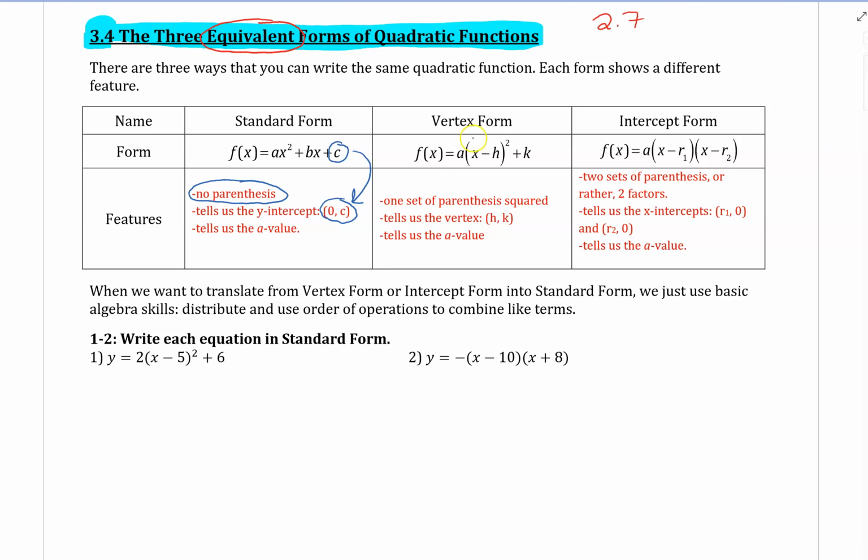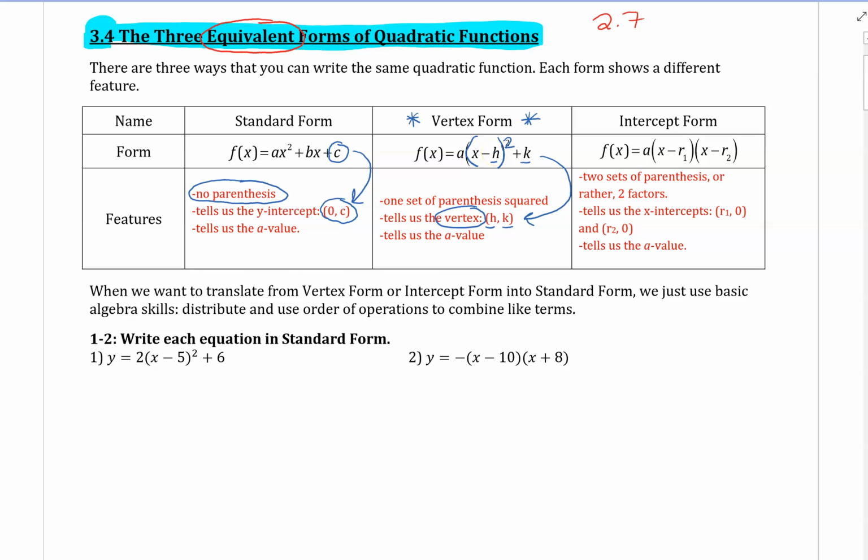In vertex form, what we have is a set of parentheses squared. So whenever you see anything in parentheses squared, then you know you're in vertex form. And when you're in vertex form, whatever number is inside the parentheses with x would be the x-coordinate of your vertex. Whatever number is being added or subtracted outside of those parentheses squared would be the y-coordinate of the vertex. So if you put those two values together as an ordered pair, you get the vertex on the graph, which is perhaps the most important point on the graph of a parabola. That's why vertex form is probably the easiest one to graph in,